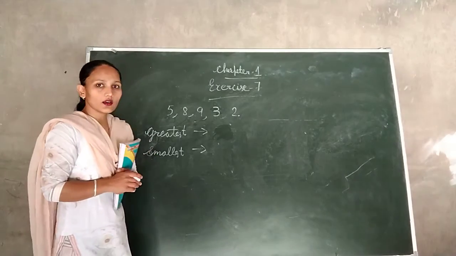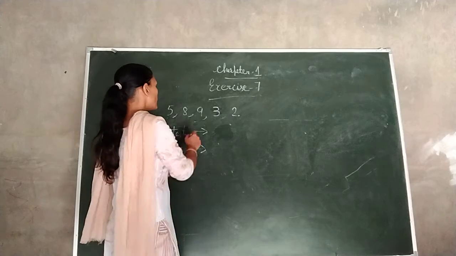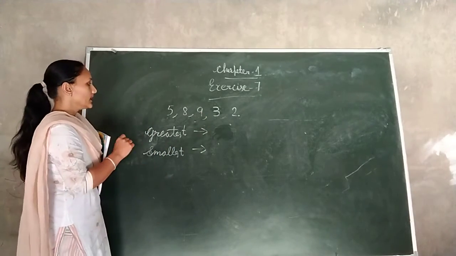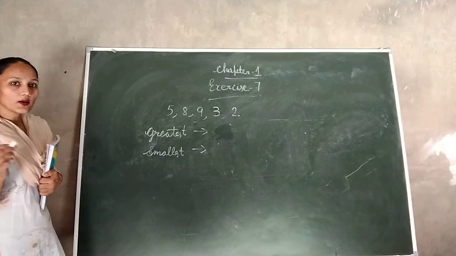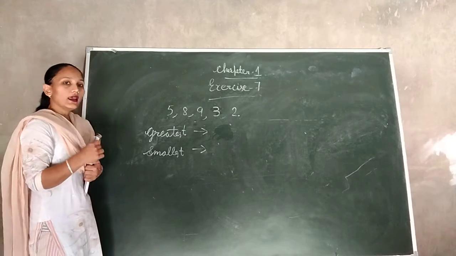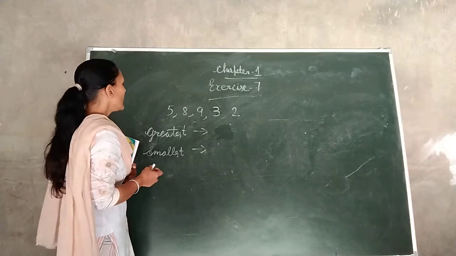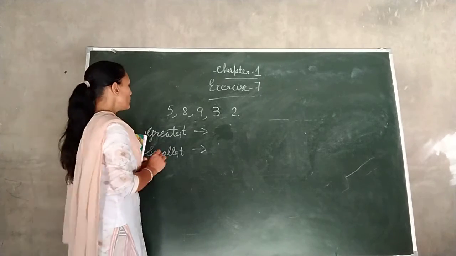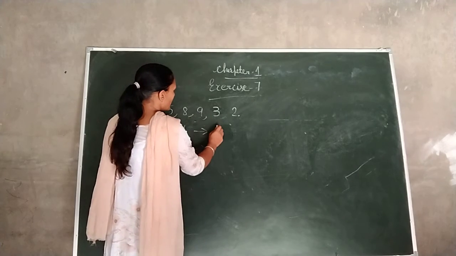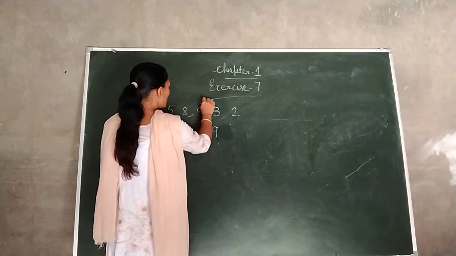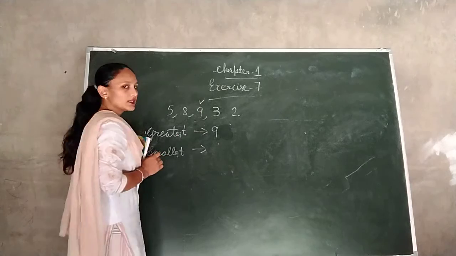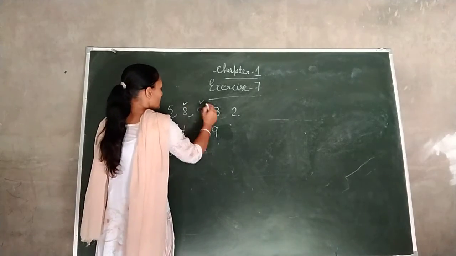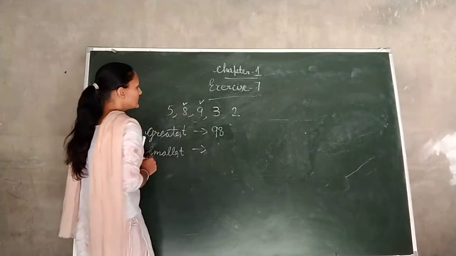In descending order, we first write the greatest number, then the greatest number among the remaining numbers, and so on. We discussed it in the previous exercise. So which is the greatest digit? 9. So we have used 9. We have 4 digits now. Which is the greatest among these 4 digits? 8. So we will write 8 as the next digit.